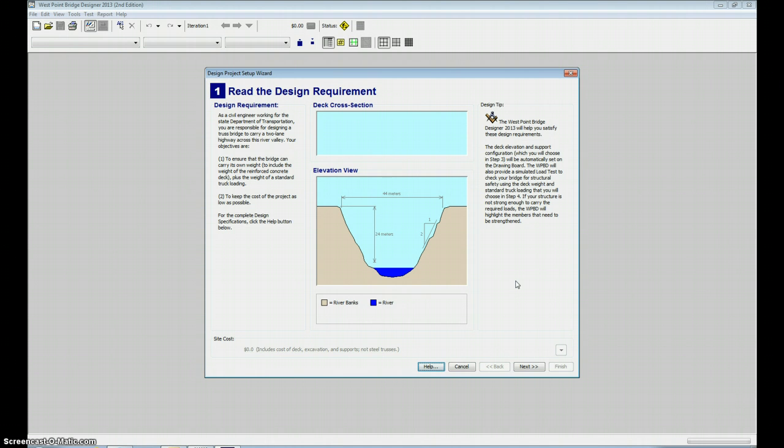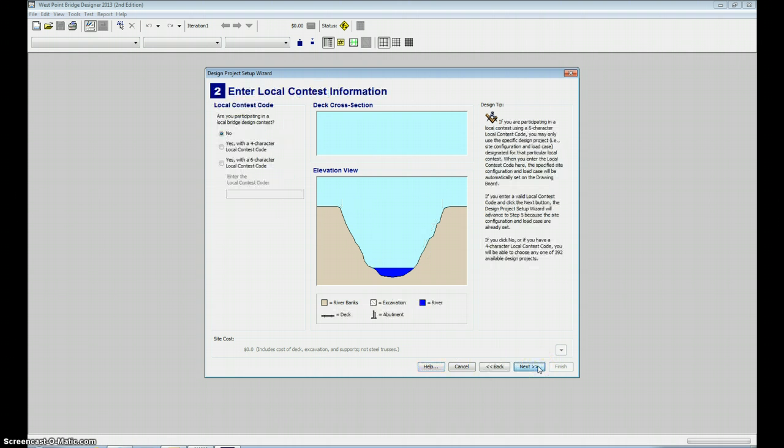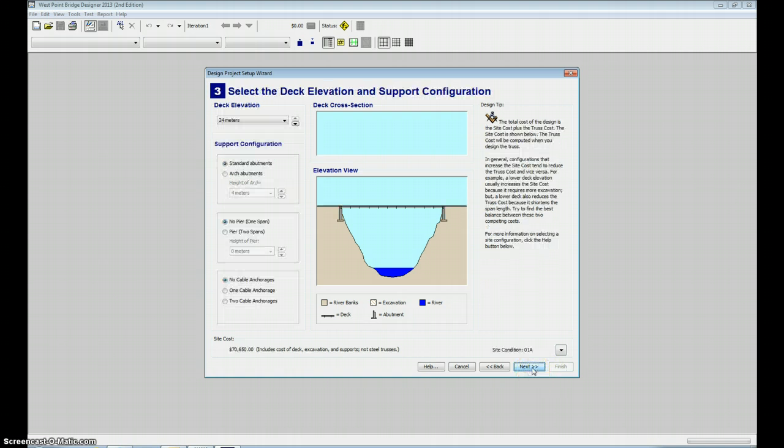project setup wizard that's going to help you choose some of the initial elements of your bridge design. So go ahead and click the next button, and on step 2 it's just asking if you're going to enter a particular bridge design contest, which we're not, so just make sure no is selected, and then once again click next. Now in step 3 there's several